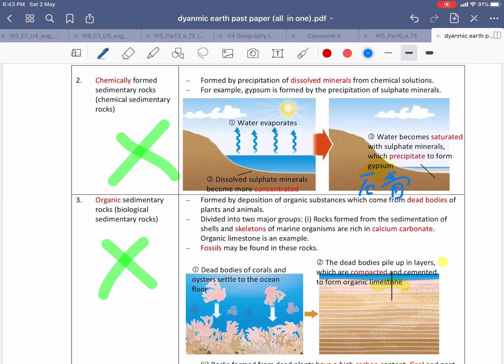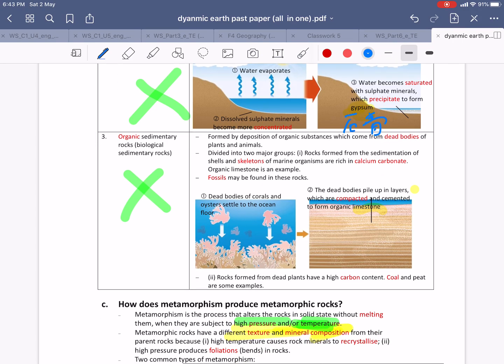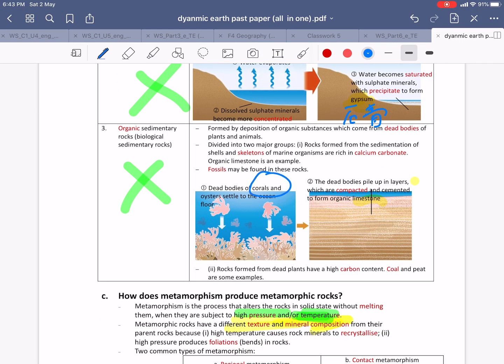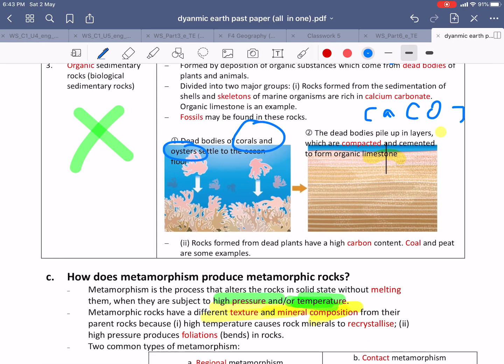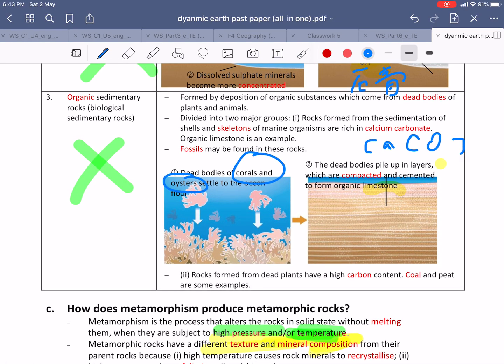Organically formed rock is mostly about corals or oyster shells, which are dissolved by the seawater, and then the seawater glues the corals or oyster shells together, forming an organic limestone. And what's limestone? It is calcium carbonate, which will form a